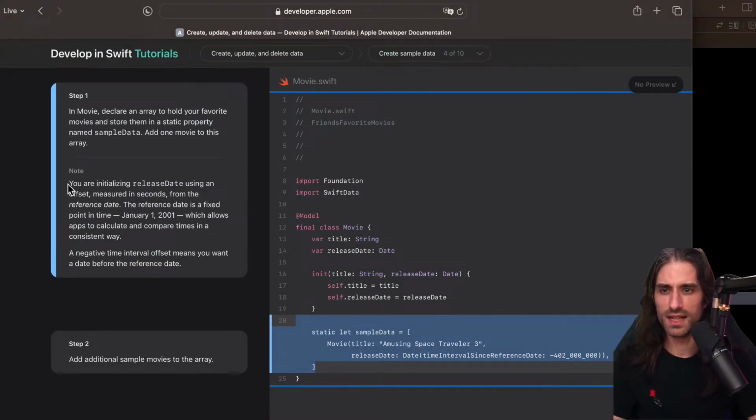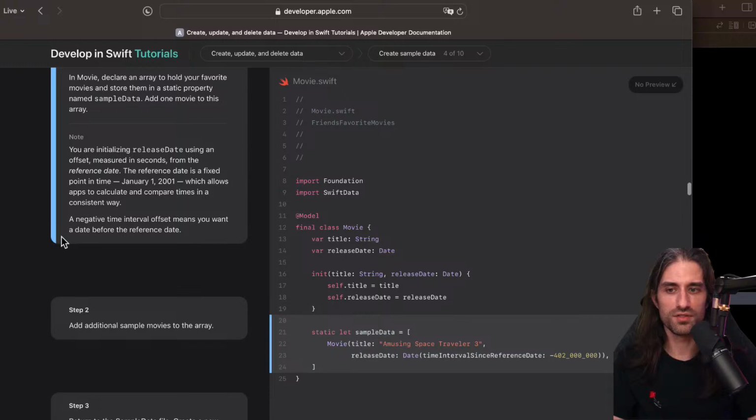Okay. So in the note, we are initializing releaseDate using an offset measured in seconds from the reference date. The reference date is a fixed point in time, January 1st, 2001. Interestingly, it's not the same as the beginning of the epoch, which is January 1st, 1970, which allows apps to calculate and compare times in a consistent way.